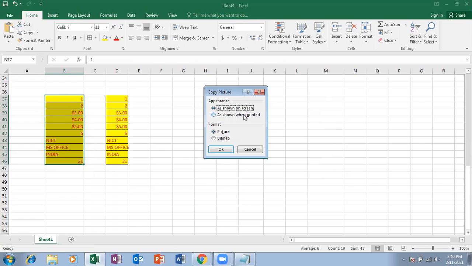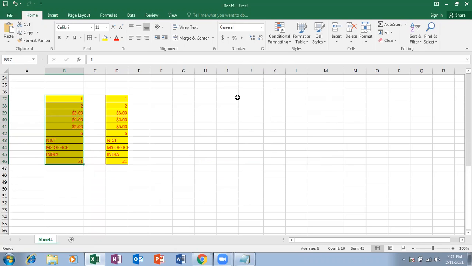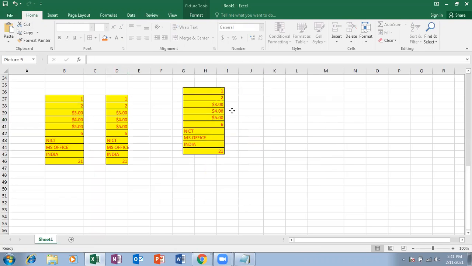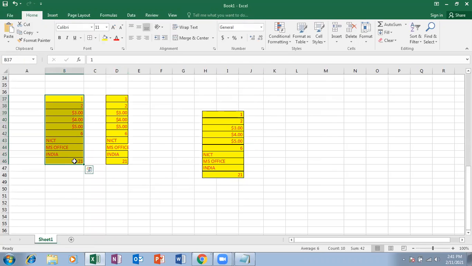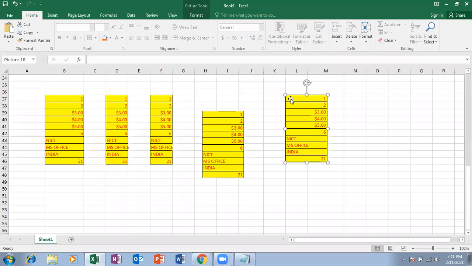And how does it have to be copied? As shown when printed. If I print this particular content, how will it be printed? In that format, it has to be copied. So I copied and then I'm going to paste it. So one is just copy and paste as contents, normal paste, Control C, Control V. And one more is to copy that as a picture and paste it as a picture. And even I can copy that content and paste as a picture, or I can copy as a picture and just paste it. So everything is fine, clear.